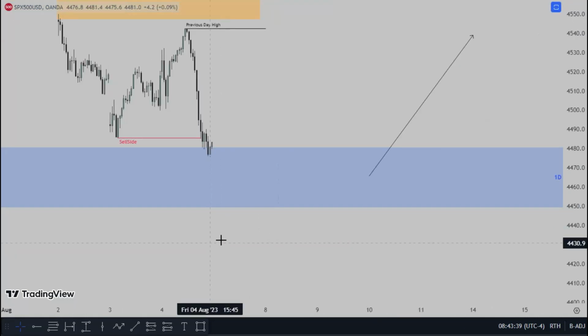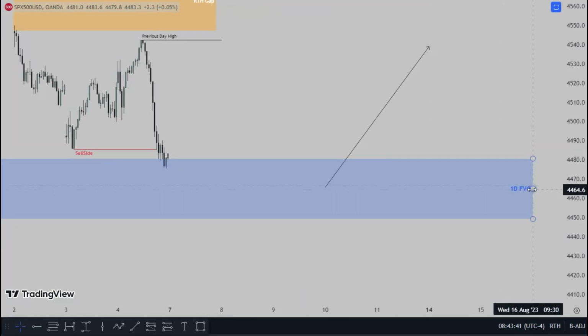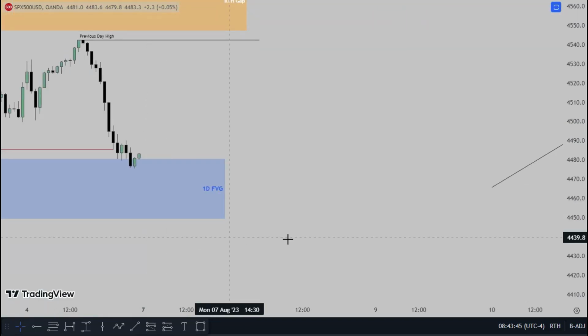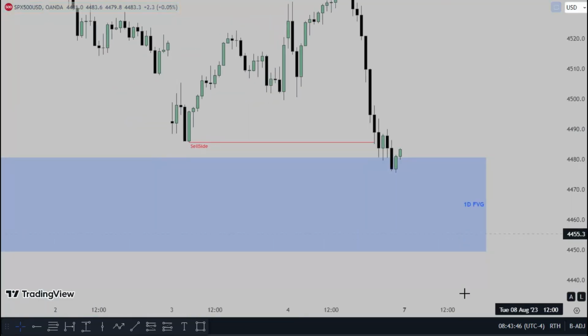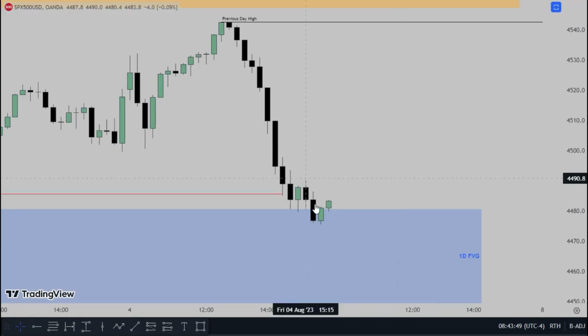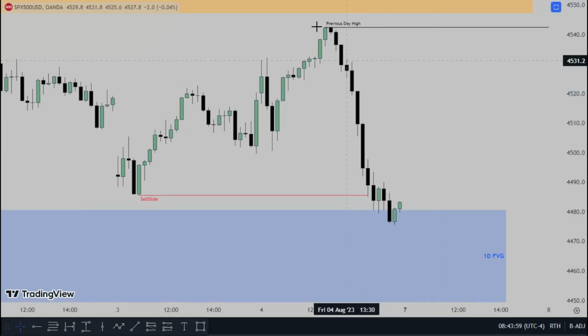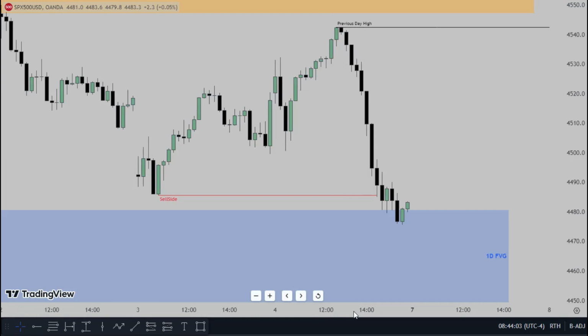Our 1 day order block, 1 day fair value gap was just hit or touched by price on the 15-minute time frame. So right now I'll be looking to see if price is going to indicate some form of displacement driving price higher, and my first initial target on S&P 500 will be the previous day high, which is Friday's high,